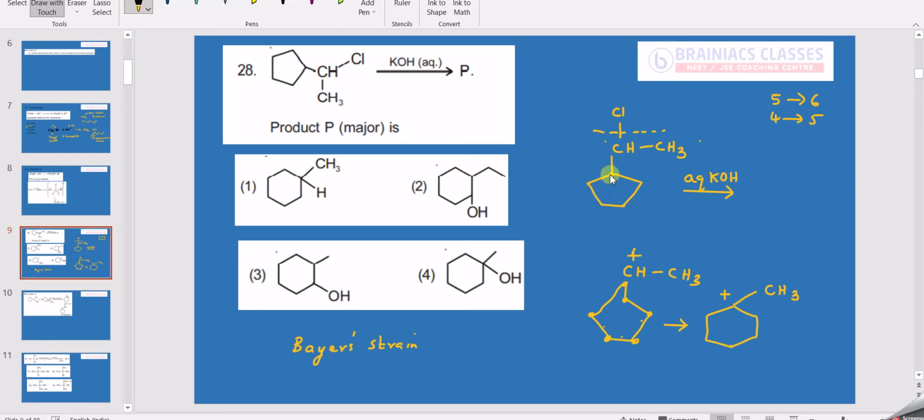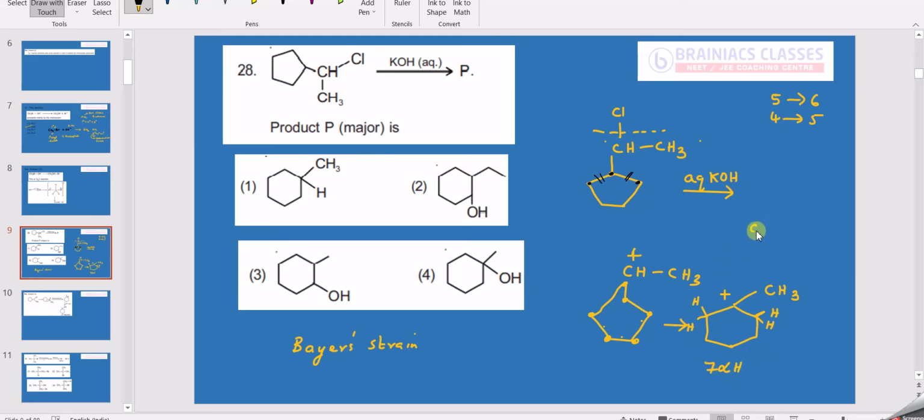So how will it happen? Check the nearby carbon atoms. Only this bond and this bond will break and join here. No other bonds can do that. So this phenomenon will happen and you will get a carbocation like this. Now check this carbocation: it has 2 alpha hydrogens here, 2 alpha hydrogens here, and 3 alpha hydrogens here. So totally 3 plus 2 plus 2, it is stabilized by 7 alpha hydrogens.